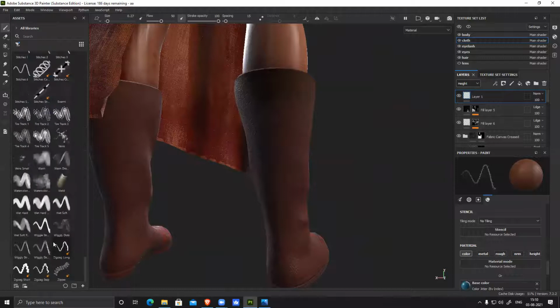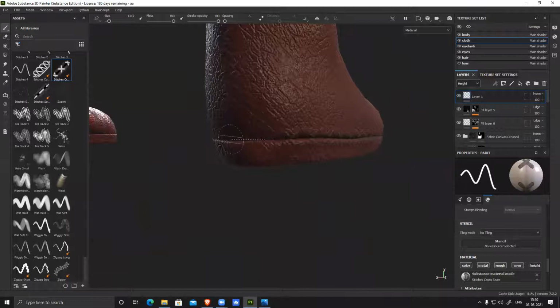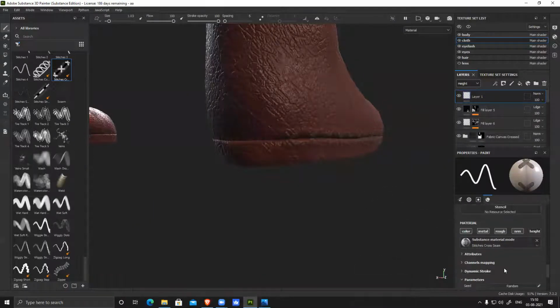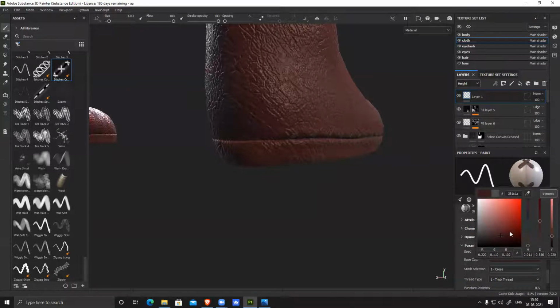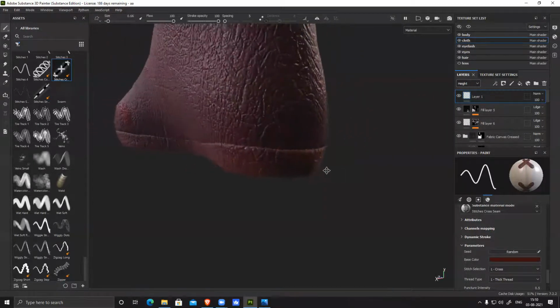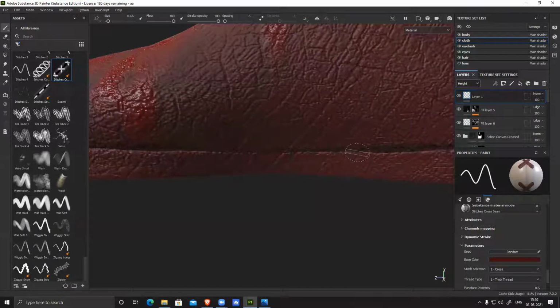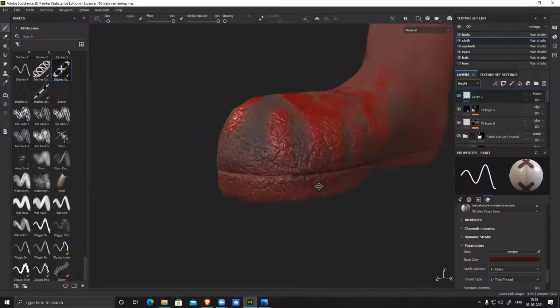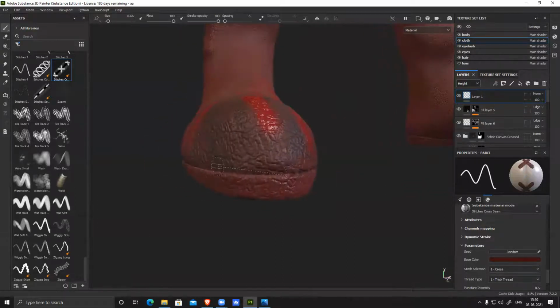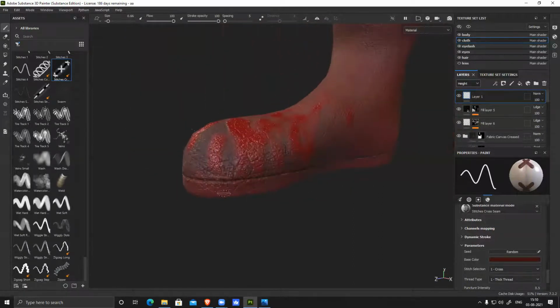Let's add some stitches. No color. And this base, it should be like flat.